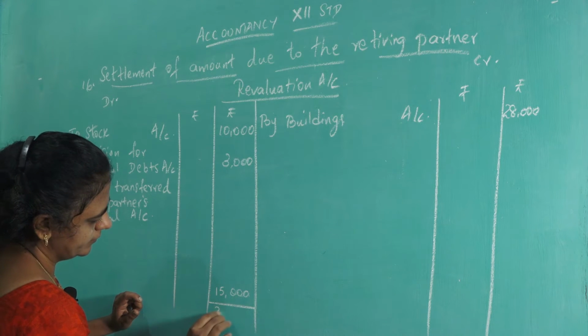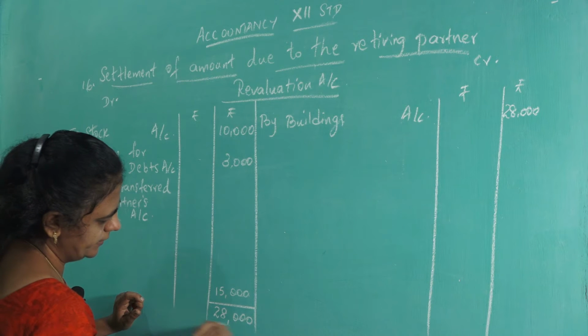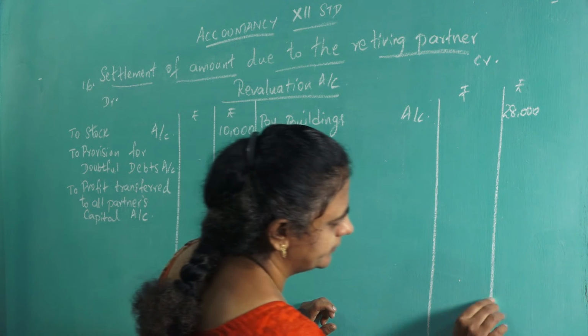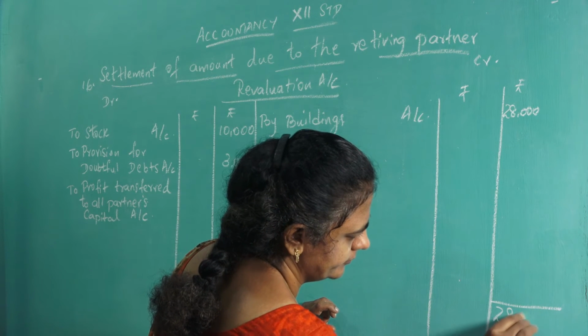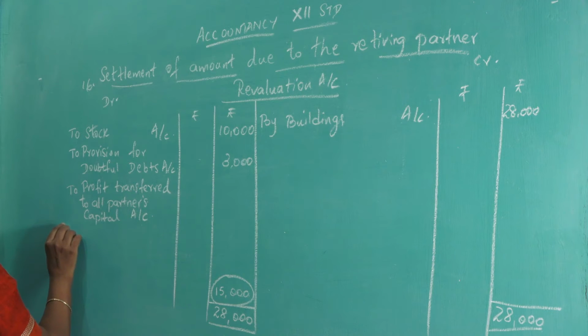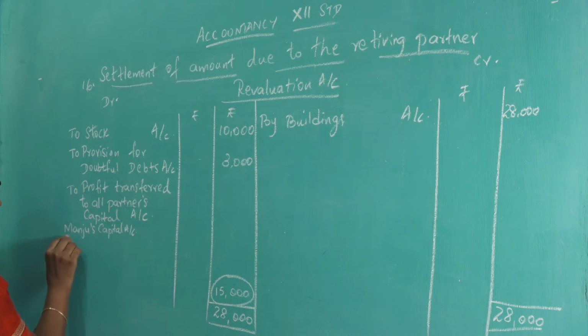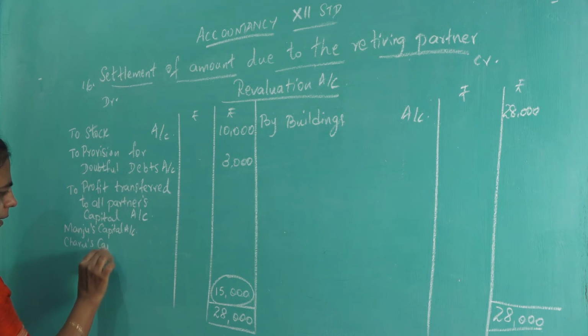So total 28,000, 15,000 is the revaluation profit. So it is transferred to all the partners' capital account: Manju's capital account, Charu capital account, and Lavanya's